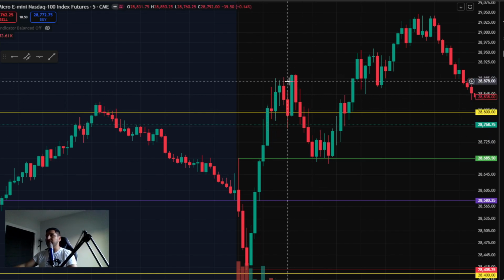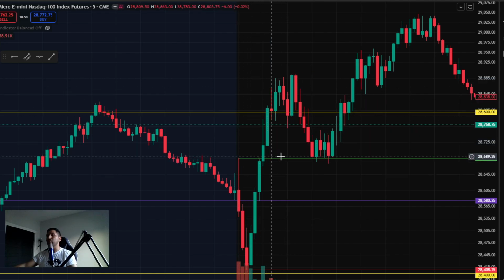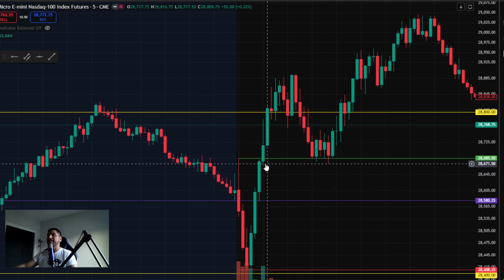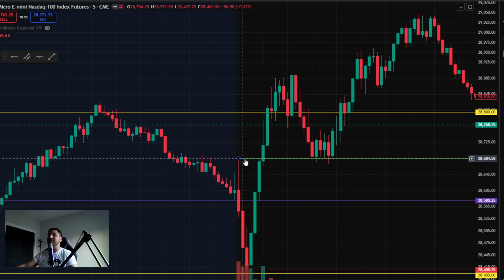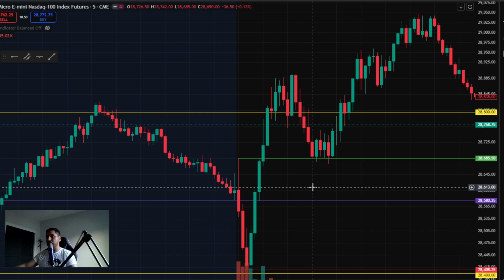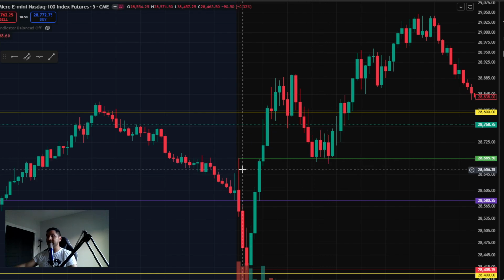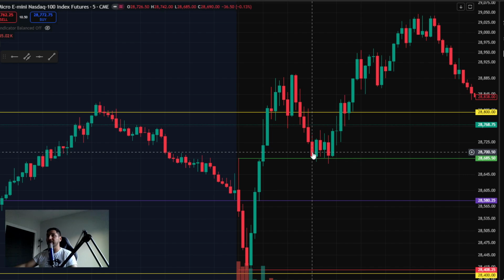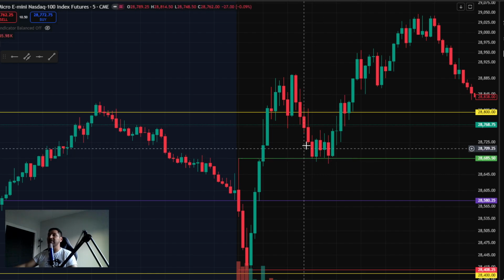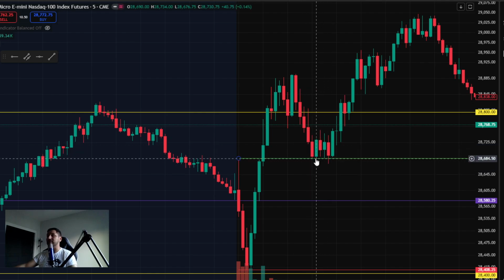So we went all the way up to 28,900. Then we come all the way down. What is this level, or what did price action respect? The high of the first 15-minute opening range. 28,685 was the high of this candle. So we went here, 1, 2, 3, 4, 5, 6 candles. So that would have been 30 minutes, a half hour, just trading sideways, which could have been pretty